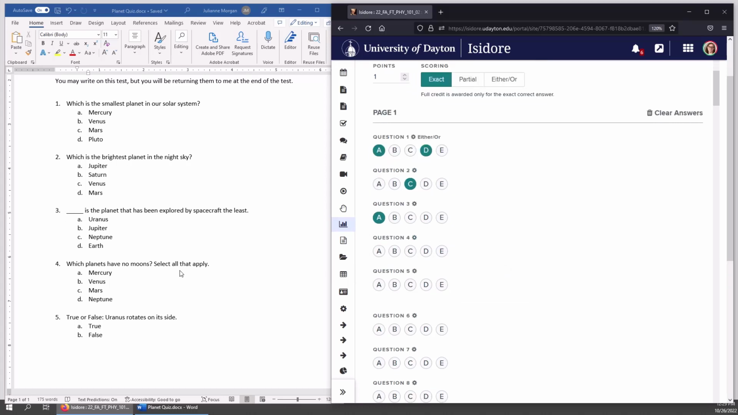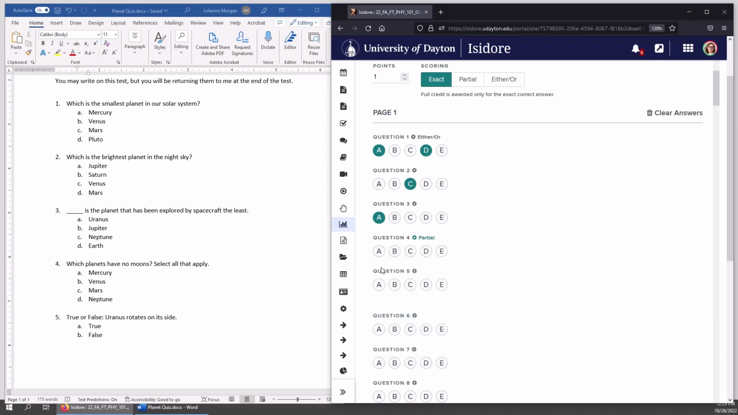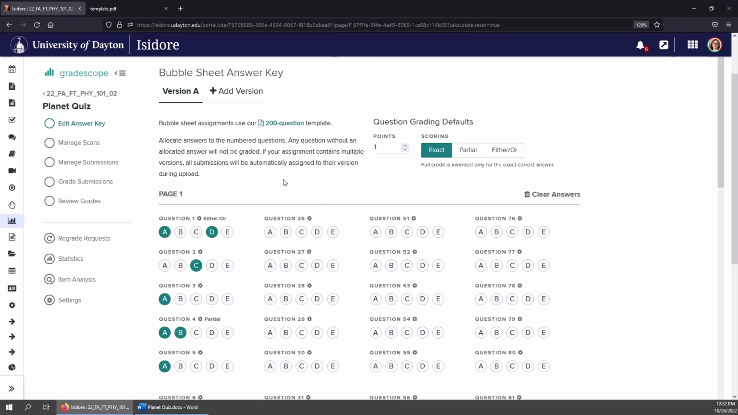And then this is a select-all-that-apply question. So this is a question where I might do partial credit. And I will do Mercury and Venus have no planets, or no moons rather. And then for number 5, it's just demoing how a true and false question would look. So that is true. So now that I've finished setting up my template, what I want to do is also